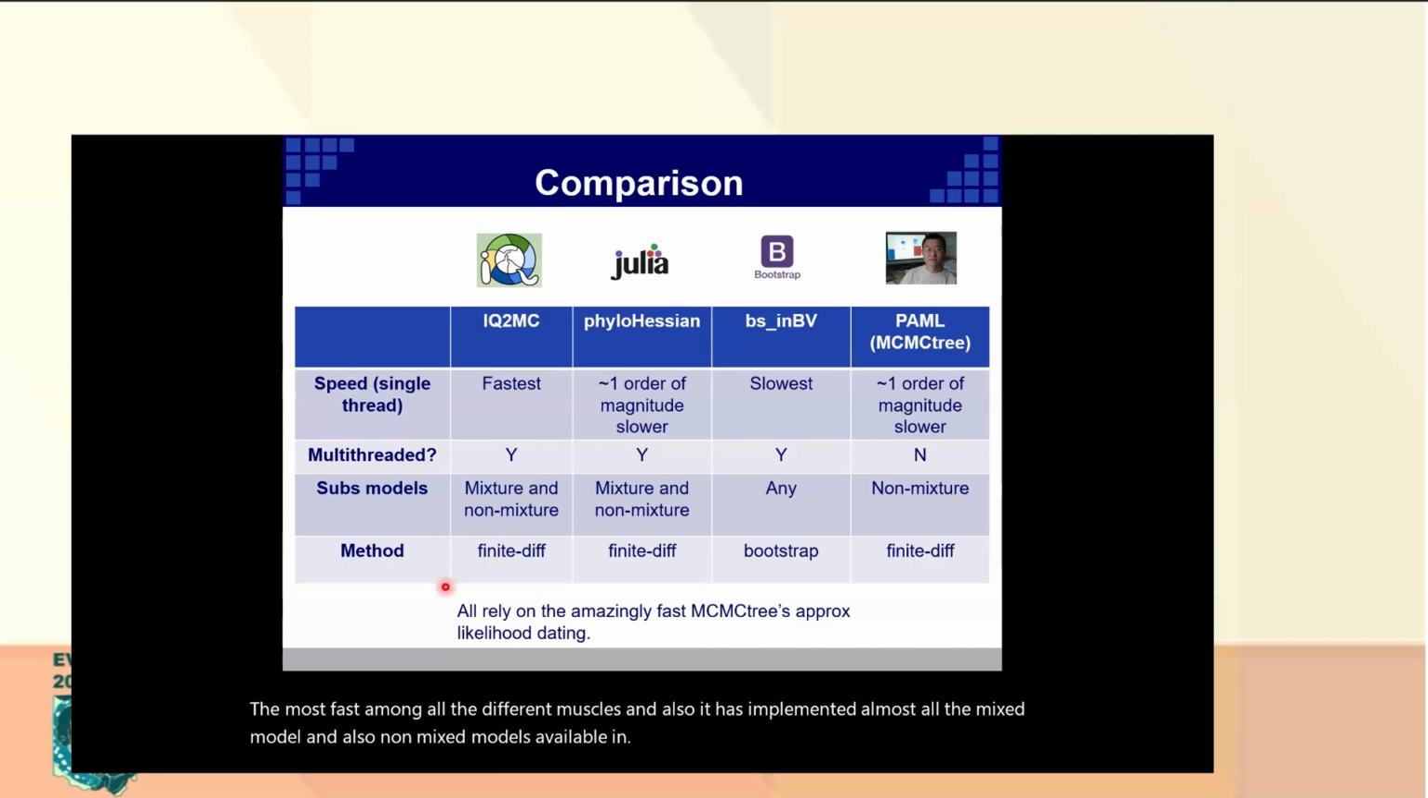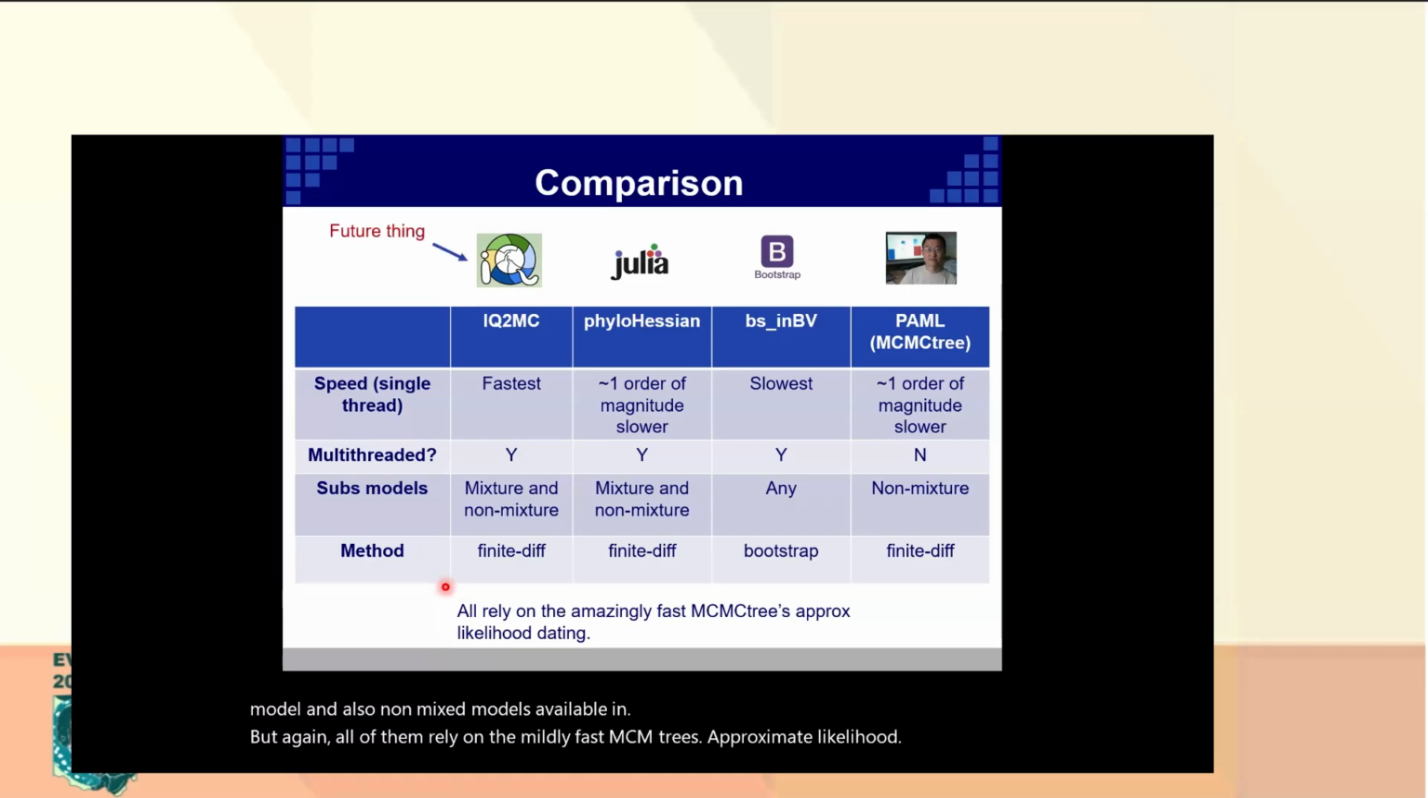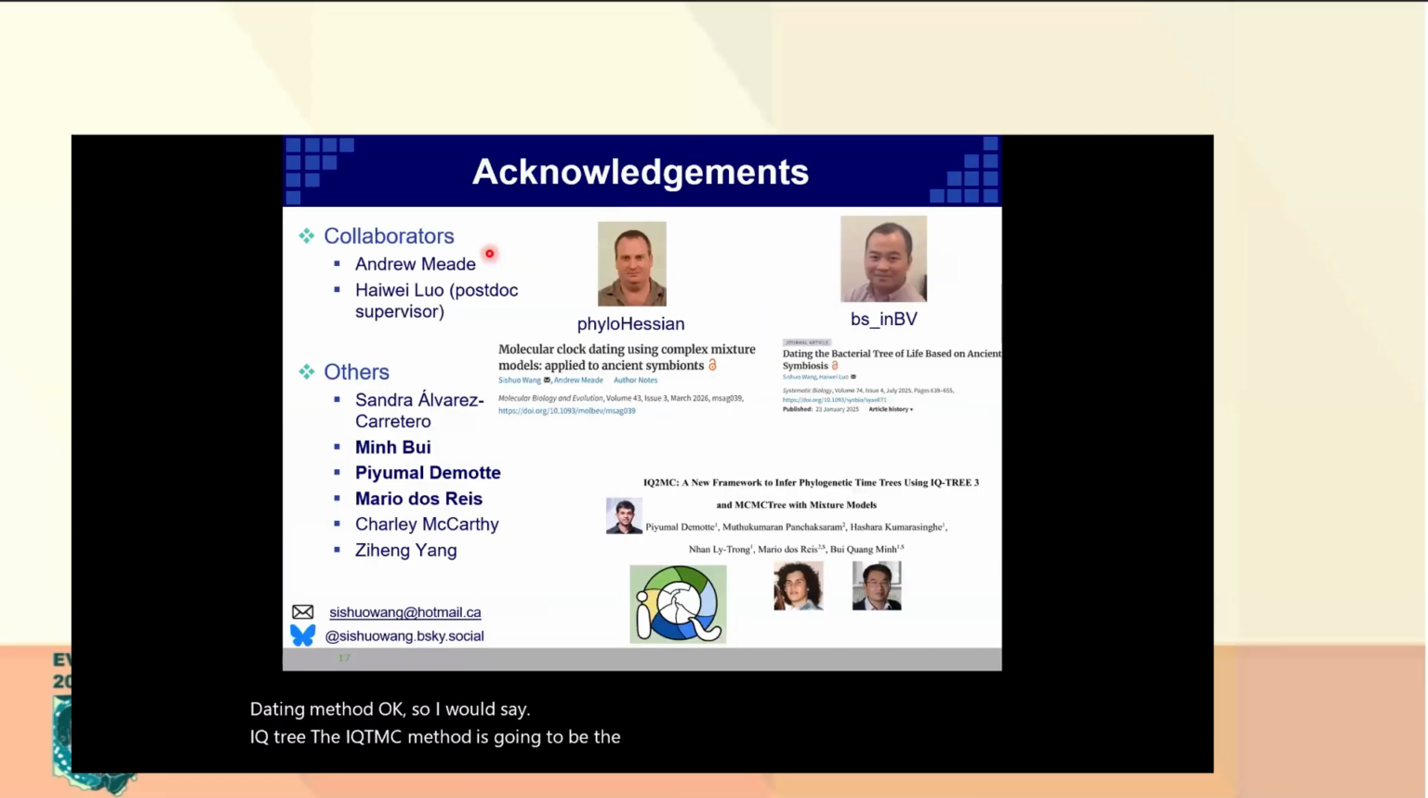And but again, all of them rely on the amazingly fast MCMC approximate likelihood dating method. Okay, so I would say the IQ-TREE MCMCtree method is going to be the future thing. And I would like to